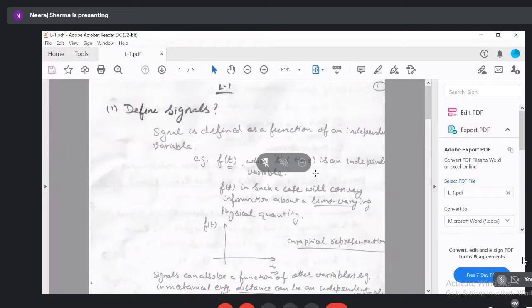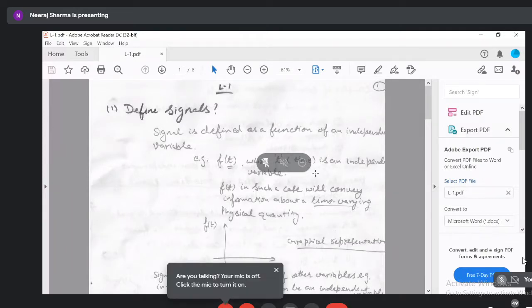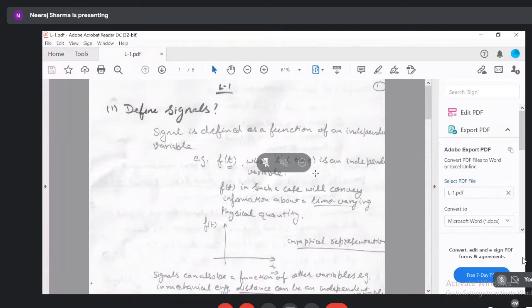But there are different branches of engineering and sciences where the independent variable can be anything else beyond time also. For example, if you are studying the motion of any object with respect to some initial point, then you can take distance or displacement as an independent variable, and along that independent variable, there may be another dependent variable, such as pressure. Then the force acting can also be defined as an independent variable.